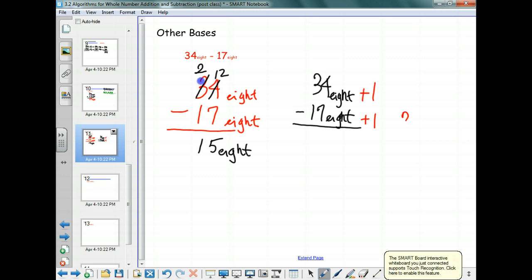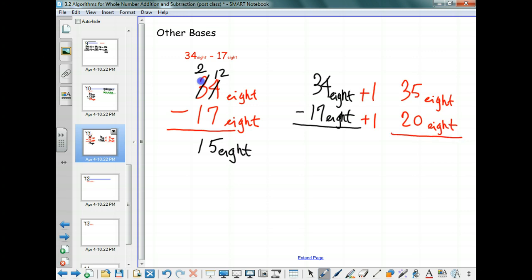Okay, so the 1, 7 became 2, 0. What does the 3, 4 become? 3, 5. All of this is in base 8. You don't have to write it on your terms in the middle of it, but you better write it at the end. 3, 5 minus 2, 0 is